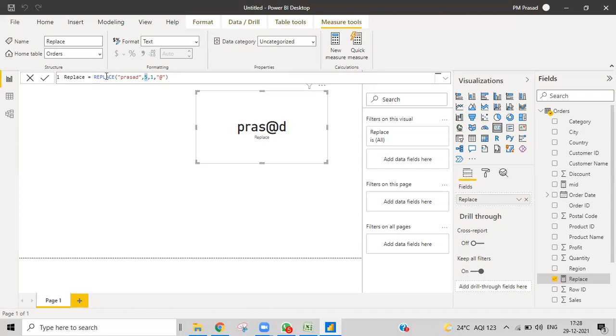We never get this kind of simple things; only very rarely will we get these simple kinds of things. Most of the time we'll do something extra, using some other functions inside, and then display these things. So practice these basic things, and after that practice the advanced things also. Then only can you write DAX logic easily. You'll be professional.